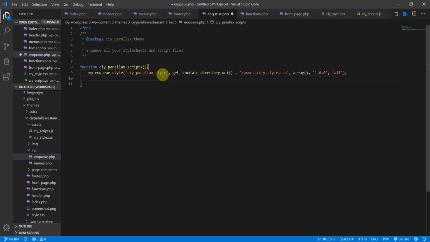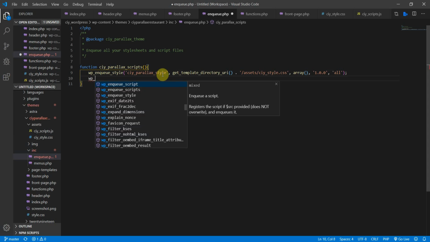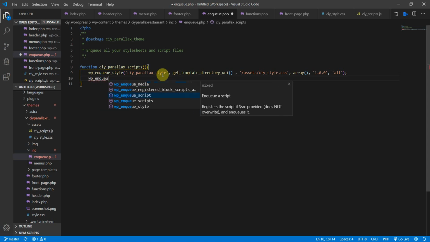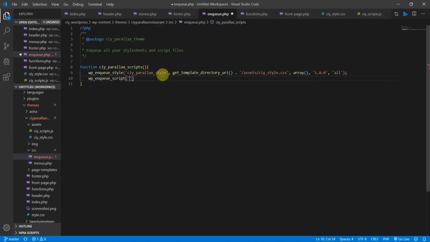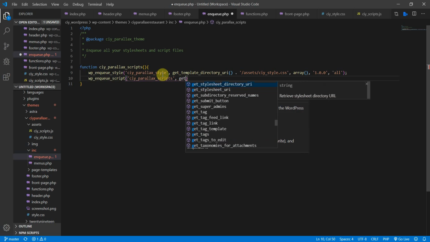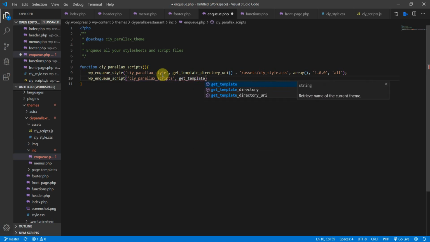Okay, so this, instead of wp_enqueue_style, we're going to do a wp_enqueue_script. So wp_enqueue_script. And here, let's just call it CIY_parallax_scripts. And then same here, get template_directory